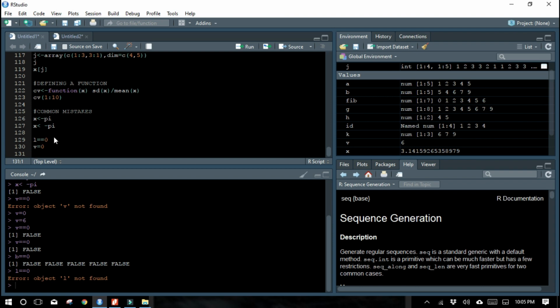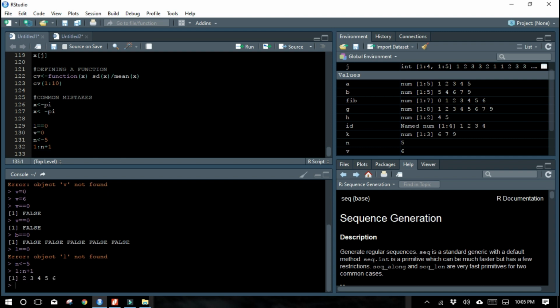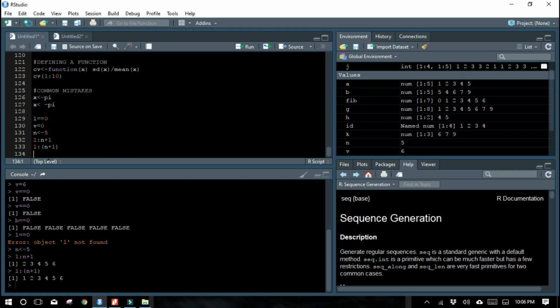The next mistake: let us give n equals 5. Here the object n has the value 5. Now run this and give 1 to n plus 1. Have you seen the values? Now I'll make a small change, 1 to (n plus 1) with brackets. Now can you see?